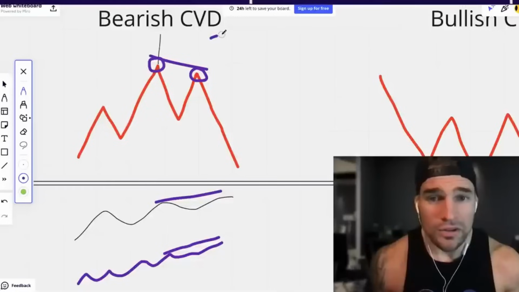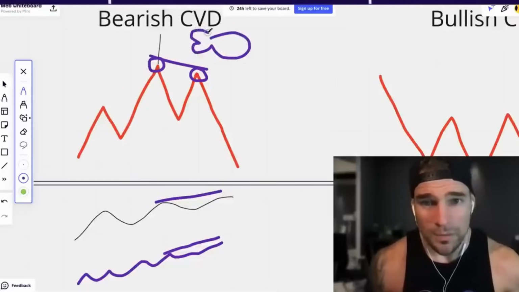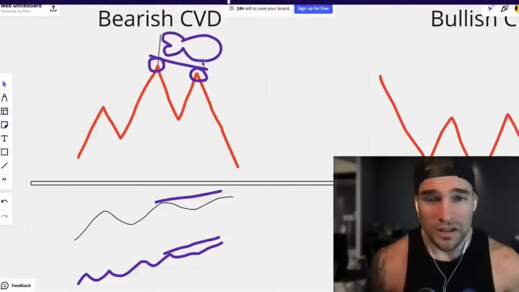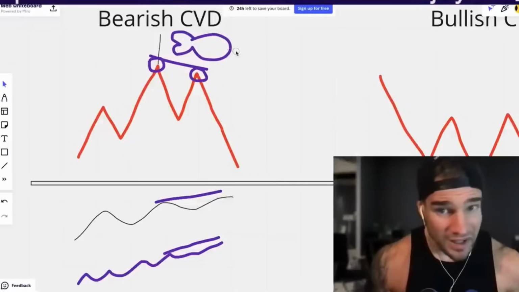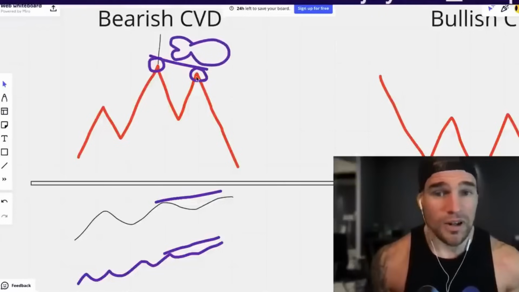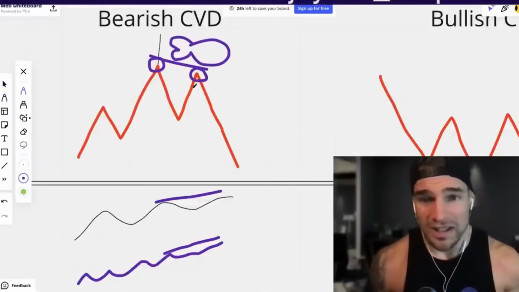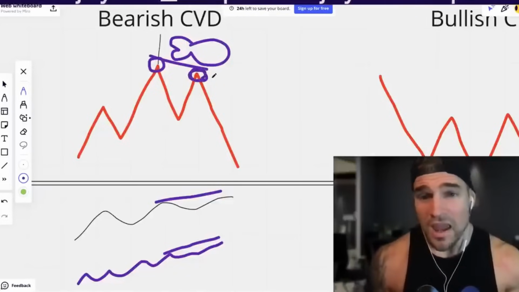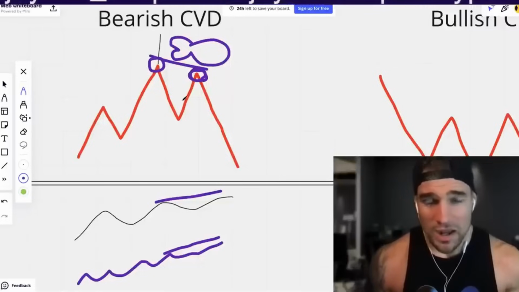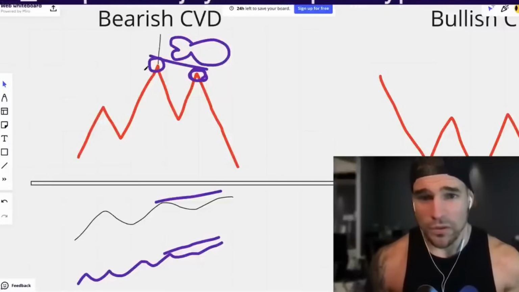So the only conclusion here is that there's actually a whale, a market maker, big money up here, whatever you want to call this big money, and they're actually absorbing these long orders that are coming in, and they're filling up a big short. And because their limit order is so big, it's not allowing the price to get higher, because every single time somebody keeps longing right here, it's filling up this whale's limit short order. Okay? This is called a CVD divergence, because we have to understand that in order for